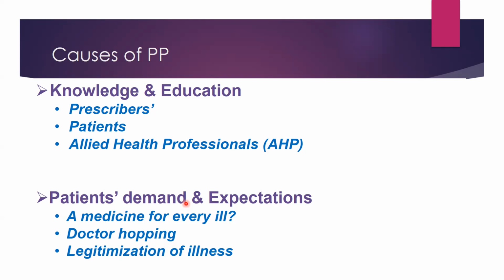So they need to know what kind of medications the patient already has, rather than keep on adding more medications, because often the patient will not know. It comes with a different brand name. For example, omeprazole can come from manufacturer A, or from the original manufacturer, AstraZeneca, under the brand name Losec.